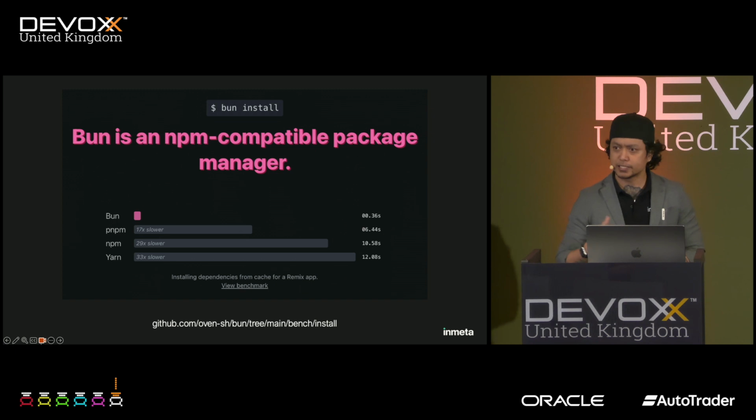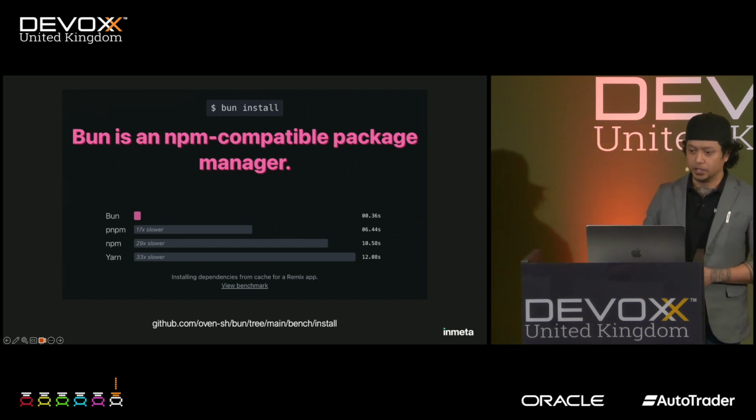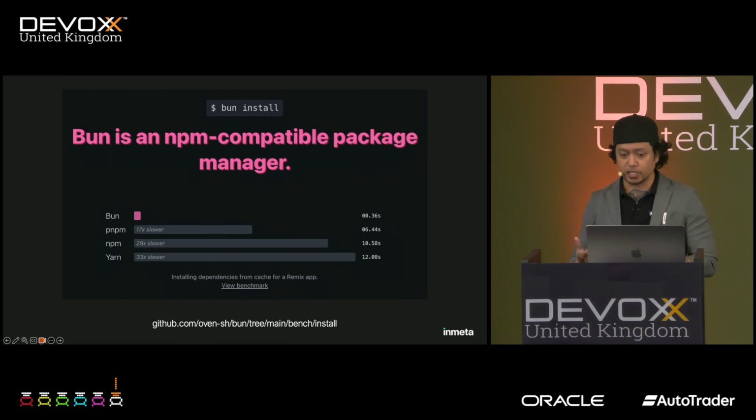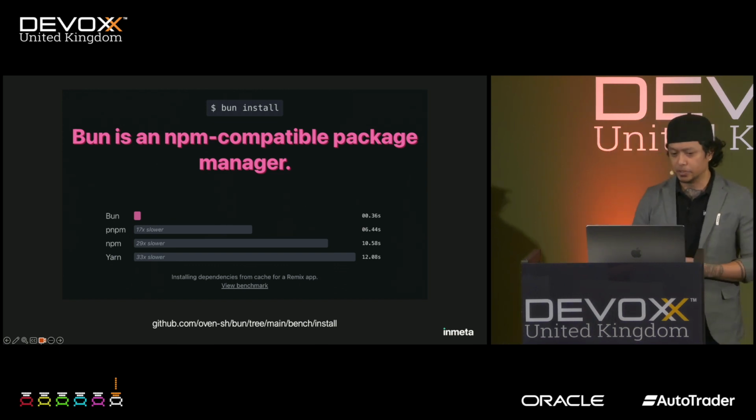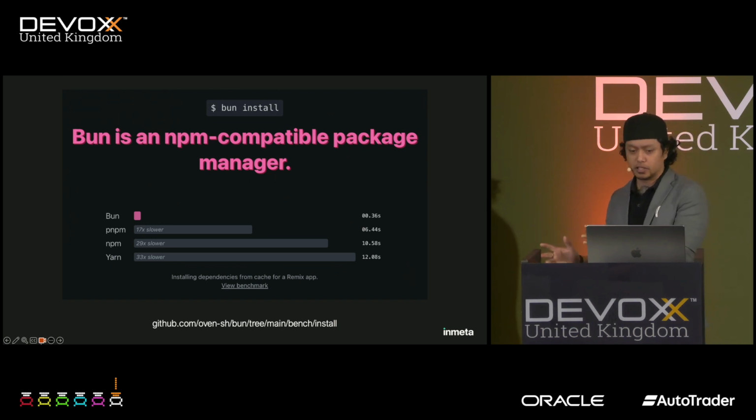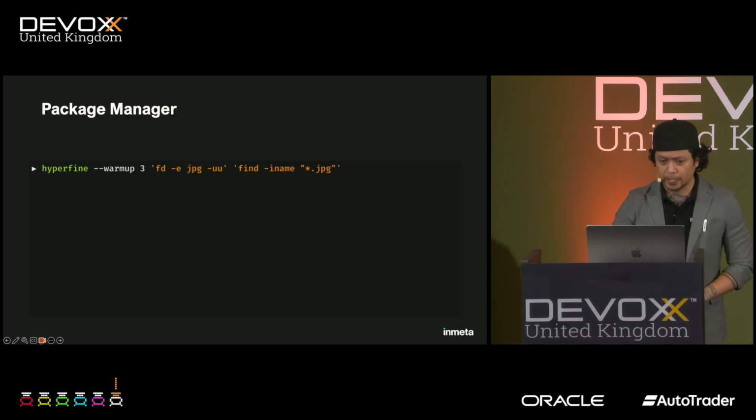This feature of Bun is designed to be faster and more efficient than these alternatives, for example PNPM, npm and yarn, while still providing the same level of functionality and compatibility. But again, in the beginning I told you to take it with a grain of salt and try it yourself. So we're going to try it here.